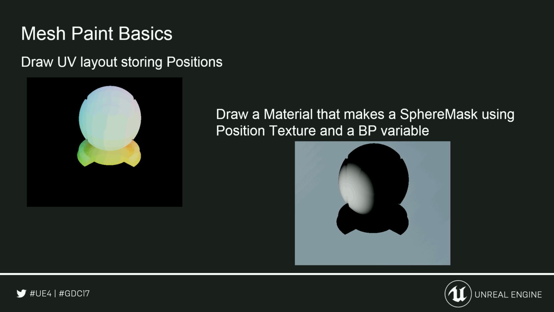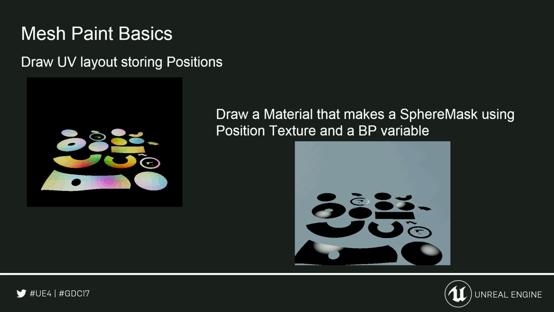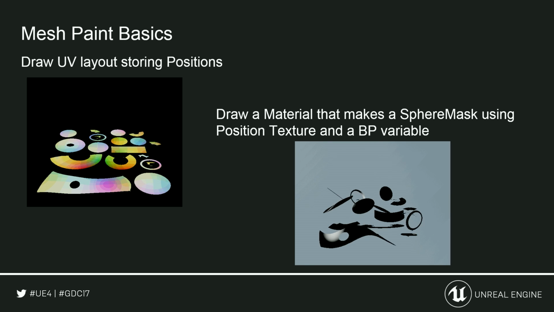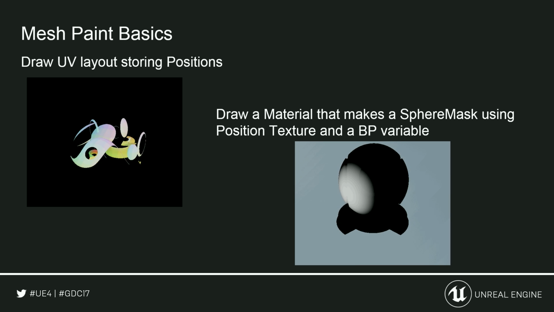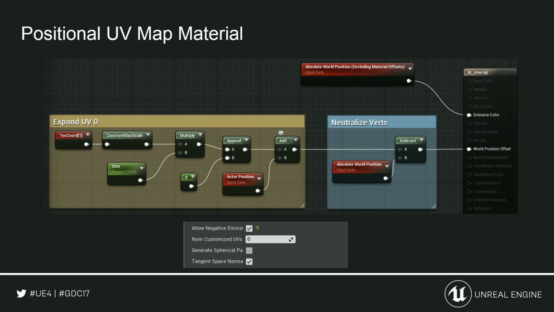So much better is to actually accumulate that damage into the texture, and then once it's done, it's just a texture, and you can do a lot more with it. And so this is showing the positional UV unwrap material. And the basic idea here is we take, first of all, it requires unique light map type UVs for your mesh. And we start by taking that UV1 channel here in this case, and we use the constant bias scale node to scale it into the